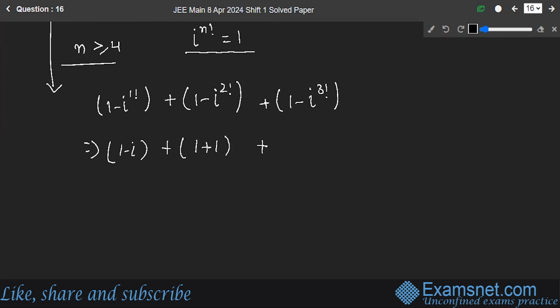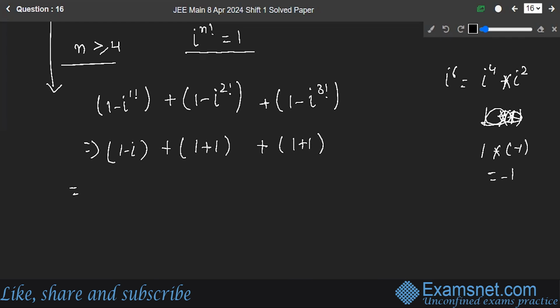Iota raised to power 6 is iota power 4 times iota square, and this is 1 and this is minus 1, right? There's a multiplication, so this is 1 multiplied by minus 1. So this is 1 minus minus 1, minus minus will be plus. So you have 1 minus iota plus 2 plus 2,